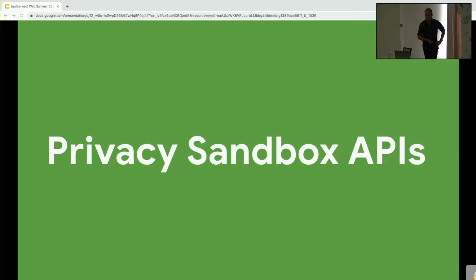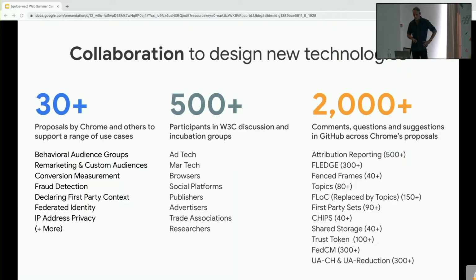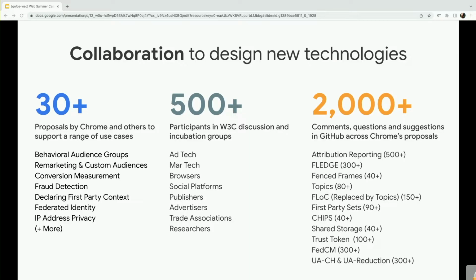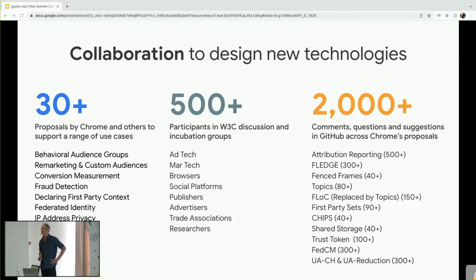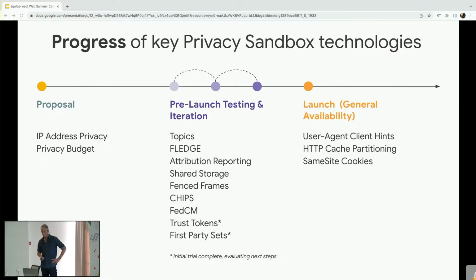So with that in mind, I'd like to give you a whistle-stop tour of the actual APIs that I'm talking about, these Privacy Sandbox APIs. We've been really pleased. We've had lots of engagement. This is about the incubation part of the process, since that's obviously the phase of the first part of this initiative.